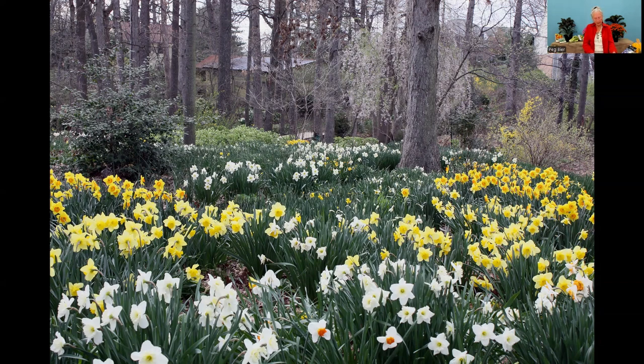Now, people will say, plant these bulbs in full sun. I can't do that because I only have small areas that get full sun, or only maybe 6 to 8 hours of sun. But these get dappled light all day long. And these are deciduous trees, trees that lose their leaves. And so all of these bulbs get sunshine when they need to be producing from the greens the bulb for